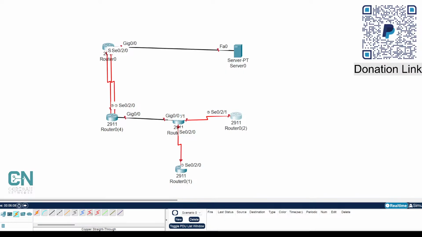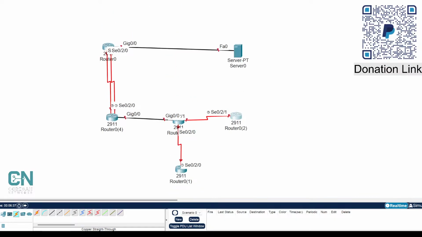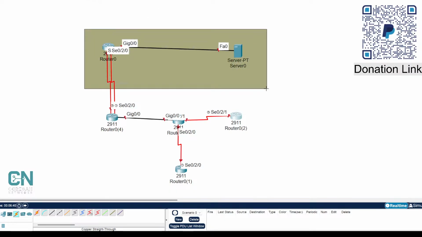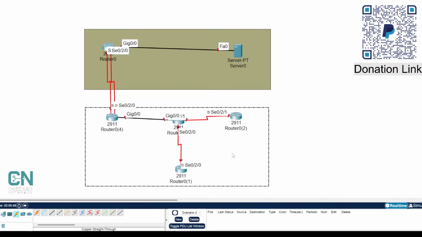Today we want to practice some scenario, and here we have a case study of one of my modules. So here we have a few routers. Actually, I should separate them into a few areas. We have one area here and we have another area here, and